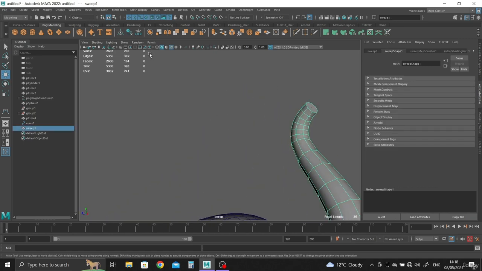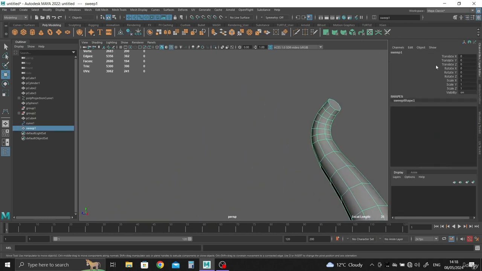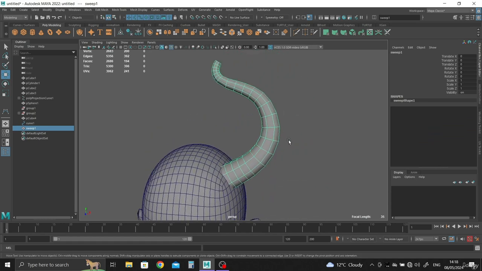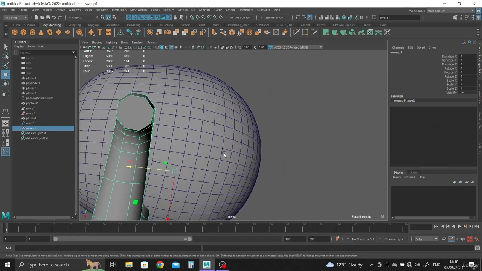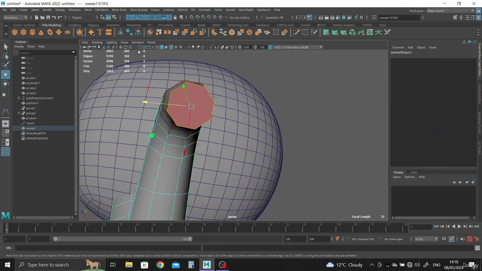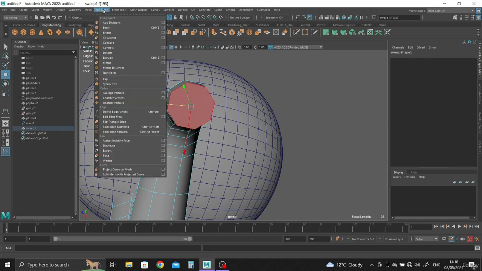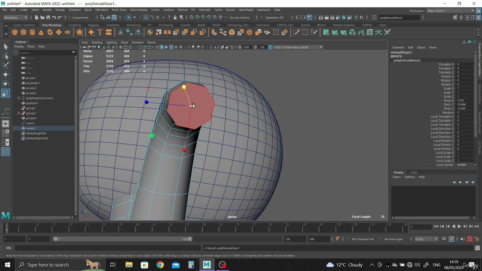And then it's like, yeah, I'm happy with it. Delete the history, so you've got rid of the curve mesh options. This bit you need to fix, so I like to grab that, switch off soft select, so grab that face and just say extrude R, boom, there we go. And then just grab the multi-cut and just